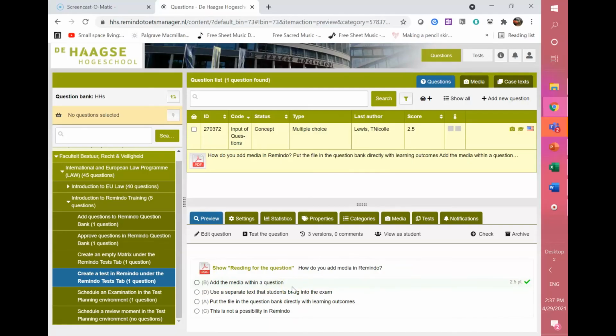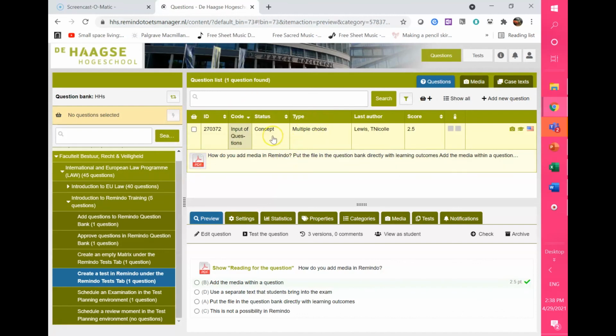Okay, so now we have completed what you are expected to do as the lecturer, and we've seen that firstly you come in, you make sure that you're in the correct course and that all of the learning outcomes are there as you expected. And then you have an opportunity also to add your question. And when you add your question, you go in and you write the question and you go into the settings section and you put in that point allocation and the correct answer and you save it and it appears here,